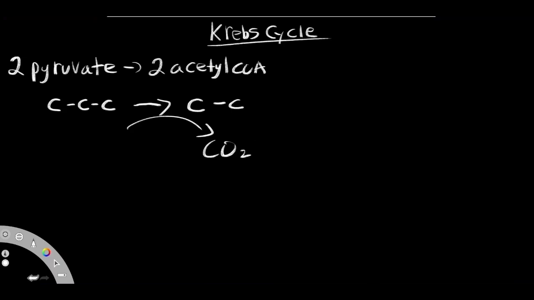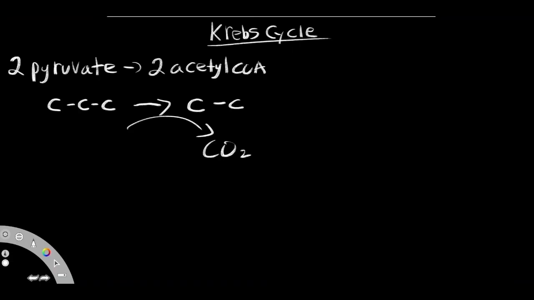So the carbons are going to be oxidized to harvest more electrons. When we get to the electron transport chain, we're going to look at a few chemical equations where I can go more into depth about oxidation reduction. So when that carbon dioxide gets released, we're left with 2 carbons,